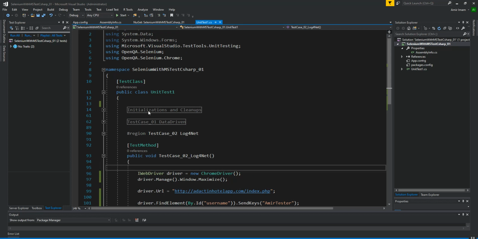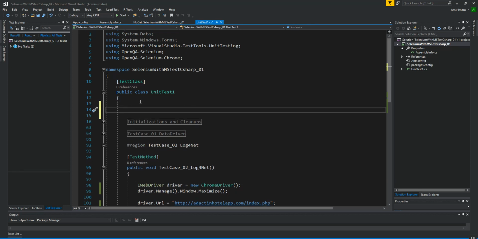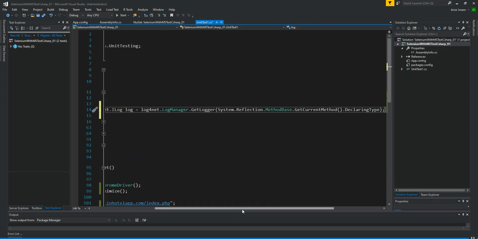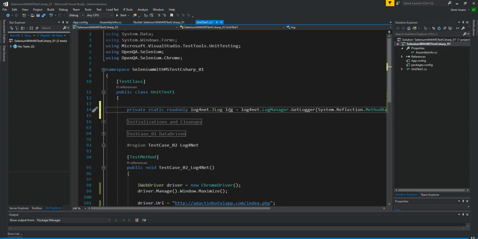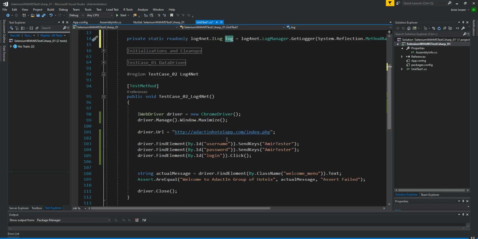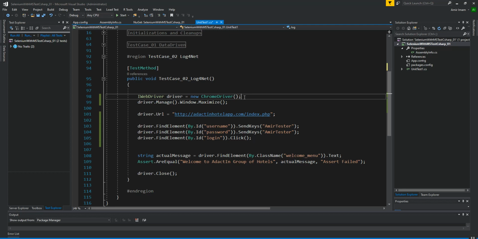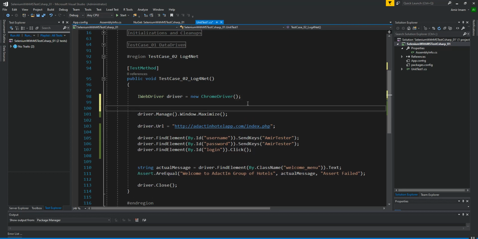So I am going to put the initialization at class level. Here you can see, and I'm going to call it using this log object. I'm going to put some logging here, like after this line the driver will be initialized. So I'm going to use log.info and say just Chrome driver is initialized successfully.